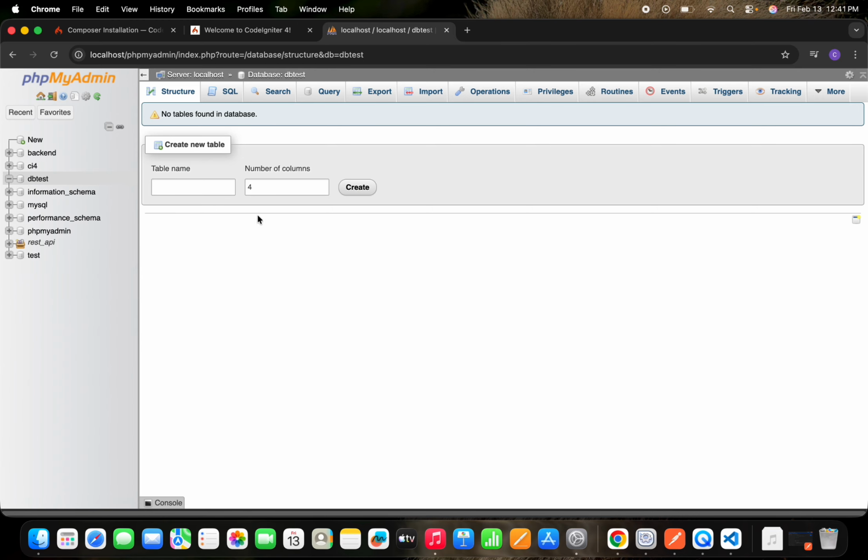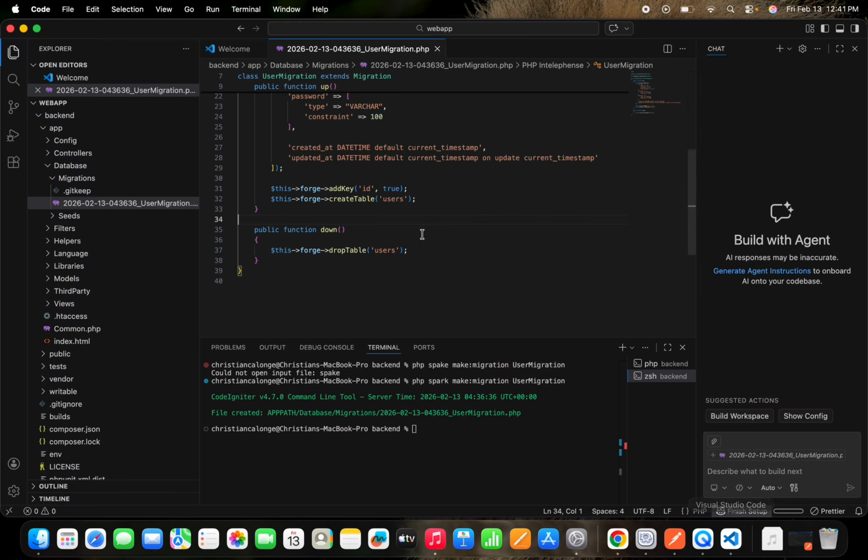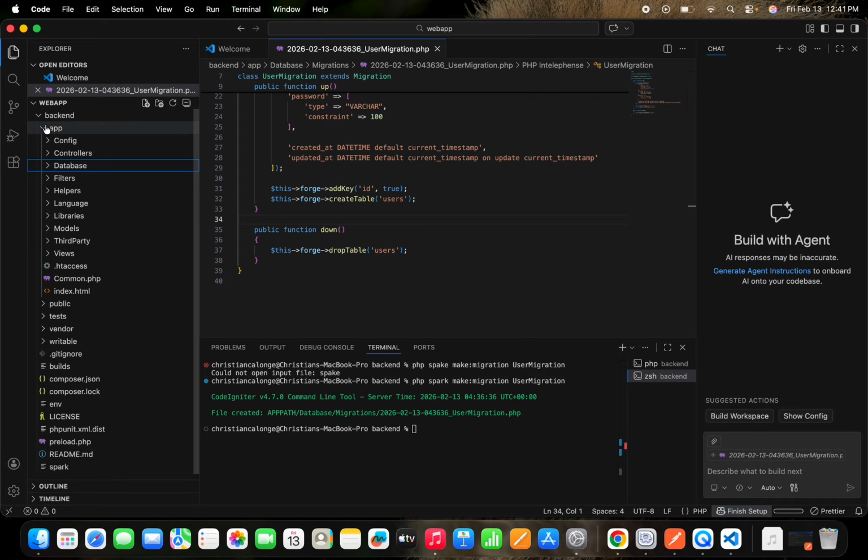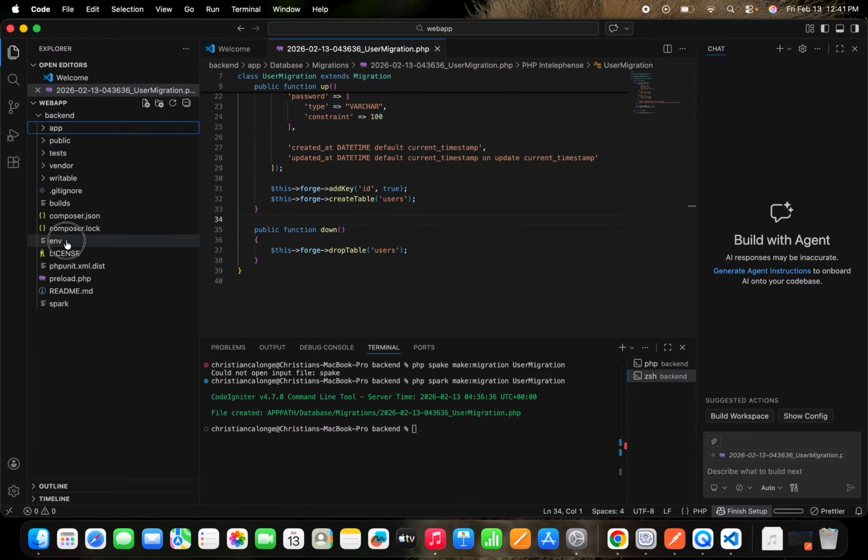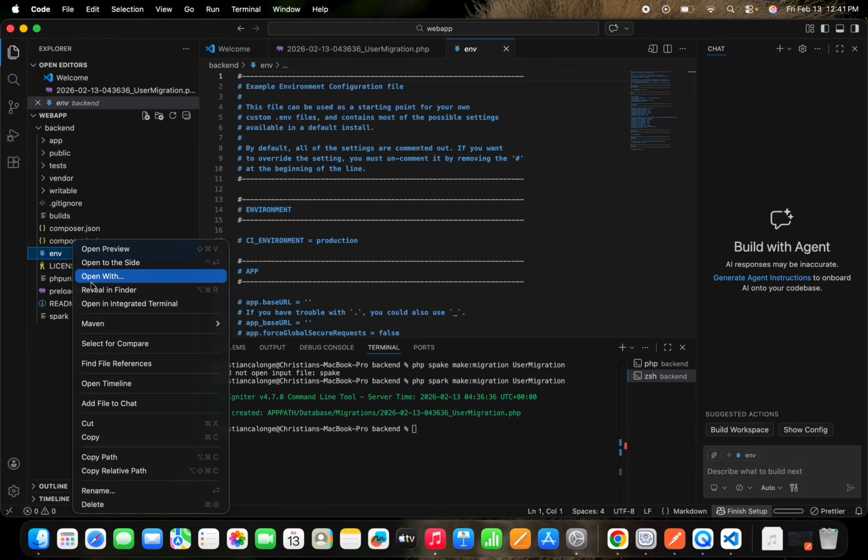Check db test. As you can see, there are no tables created here. Let's go back to our CI4, and take note guys that you have to update your env file.